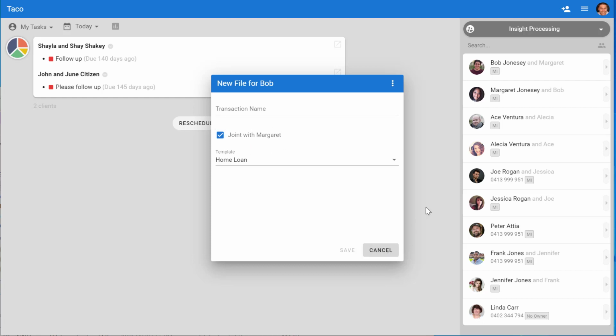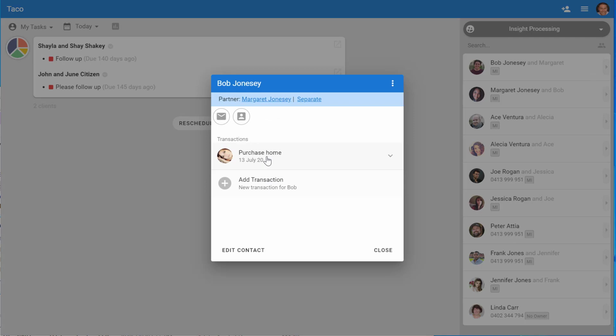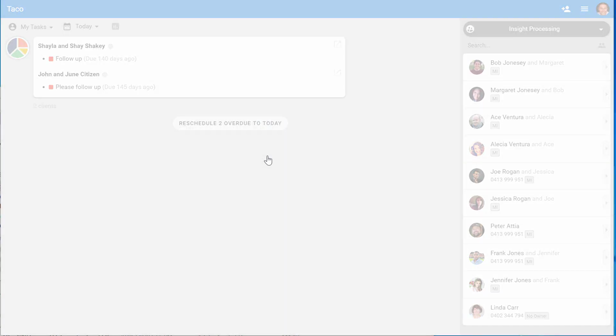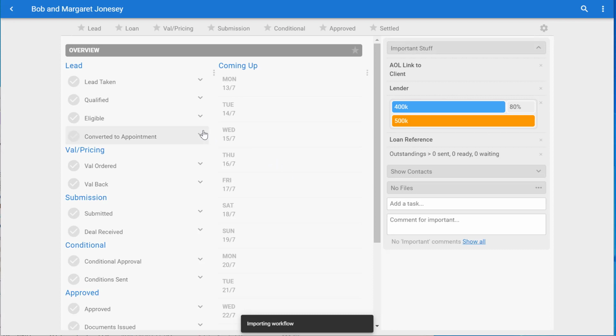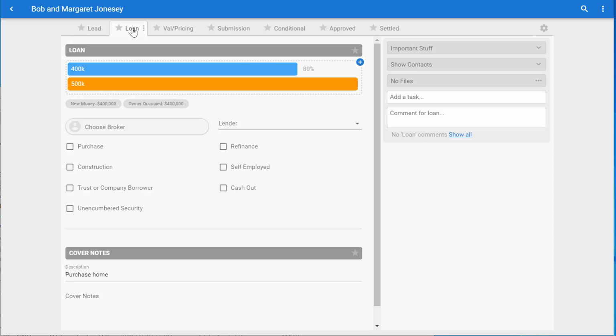I'm not going to do that now because we've already created a transaction, but I'm just going to go into that purchase, and the first time in you'll get this screen here which shows all the major milestones. And the main screen we're interested in here, particularly for submission, is just setting up the loan. So I'm going to go to the loan tab here, and there's a couple of things that we need to